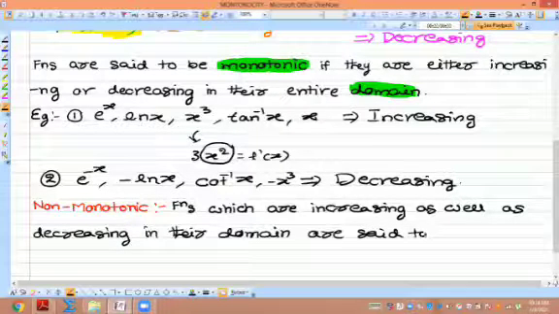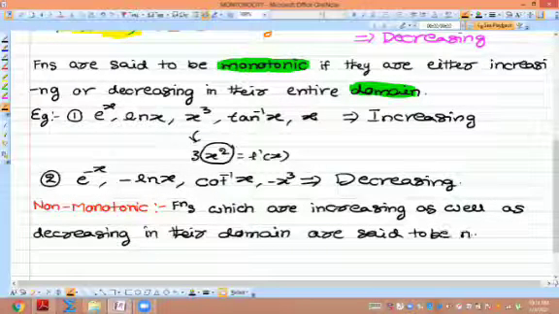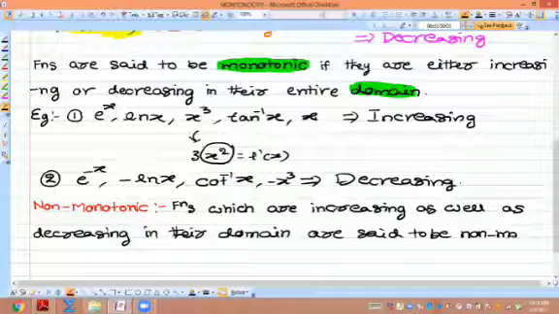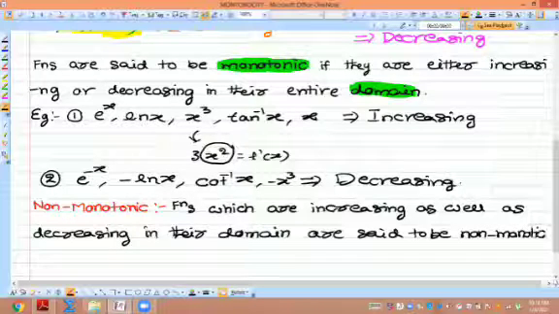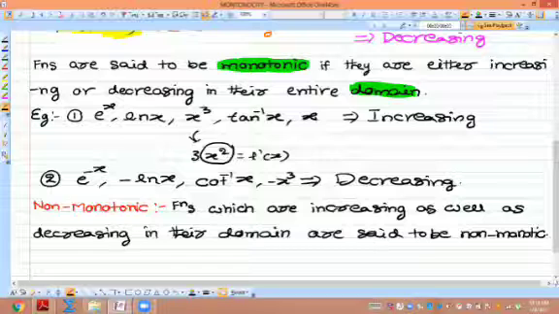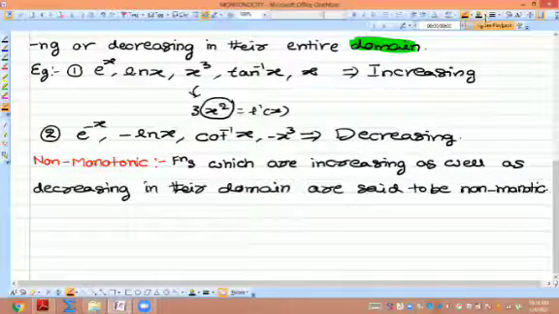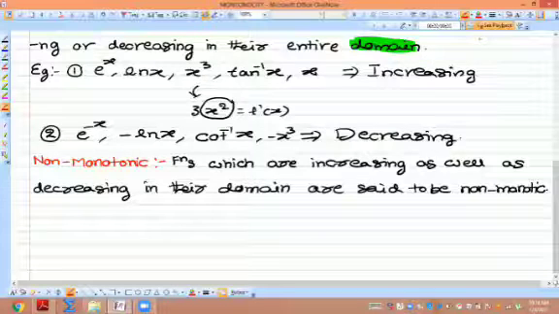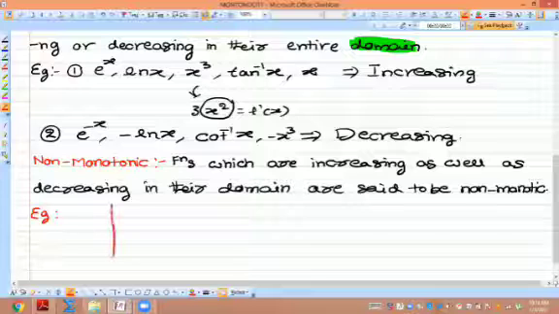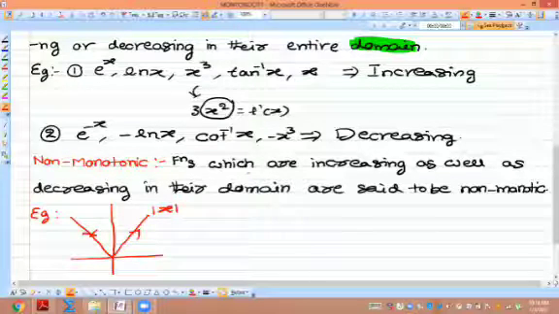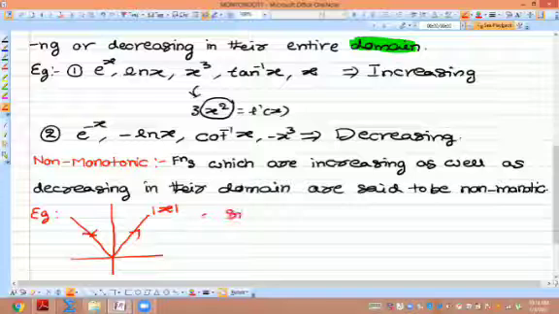Can you tell one example? y is equal to x square. Yes, x square, so quadratic equations also. Mod x, very good. So the mod x graph you can observe, everyone knows it, I'm just pointing it out one more time. See, this way it is decreasing, after 0 it is increasing, isn't it? So mod x and sin x.